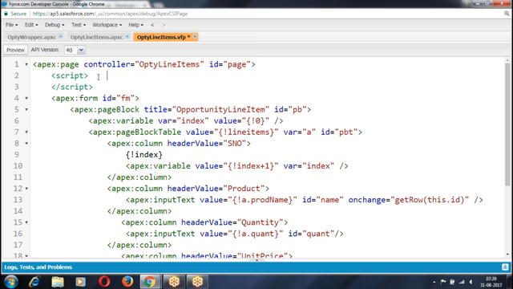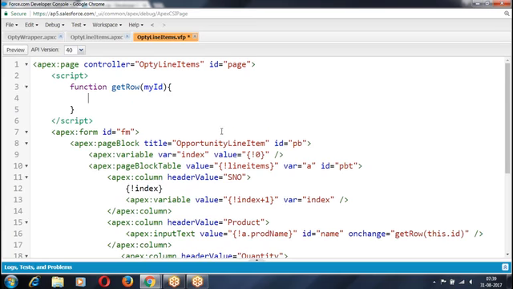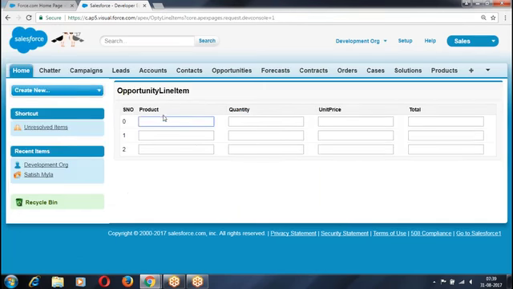I'm giving a function, get row. First, let us print the row. You'll understand what we are getting. Whenever there is a change, get my ID. I'm trying to print my ID. I will preview. So the row on which I am changing,